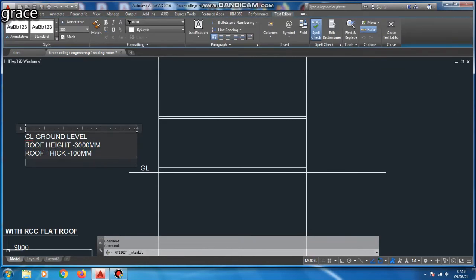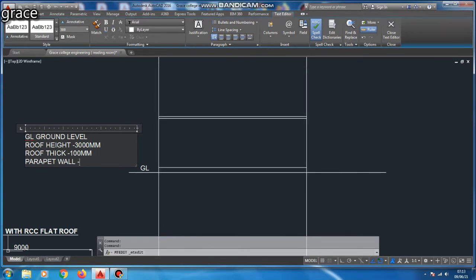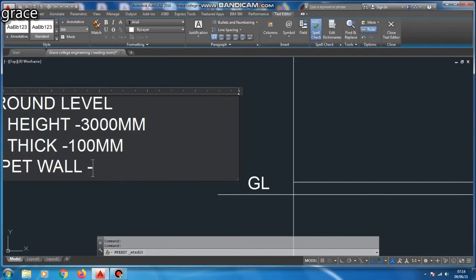Next we are going to fix the parapet wall for our diagram. The height of the parapet wall is 450 mm. Height of the parapet wall, I'm going to type 450 mm.